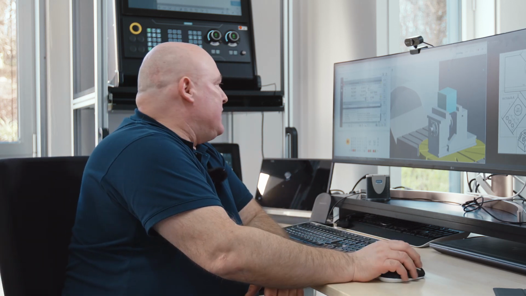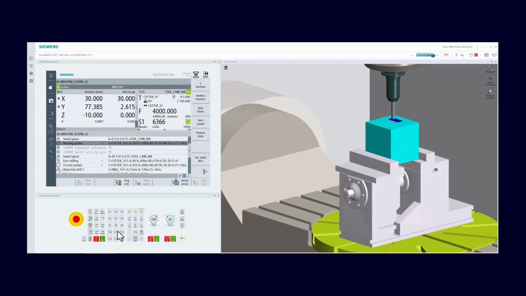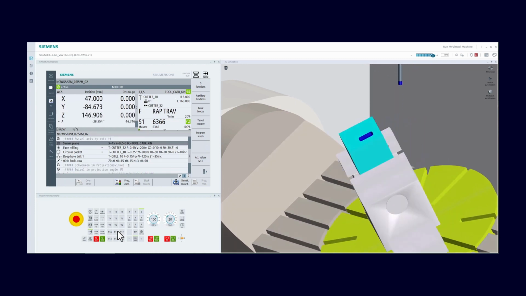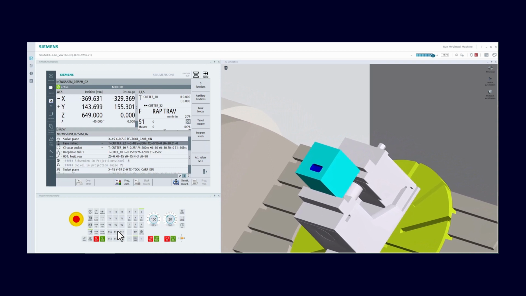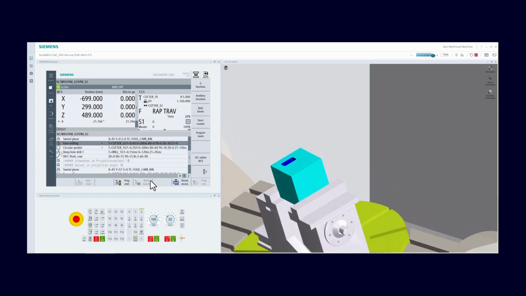However, this requires an offline programming tool that behaves exactly like the CNC in the machine. That's why I use Run My Virtual Machine, the virtual image of Cinemeric 1, because Run My Virtual Machine uses the same NC kernel. Parameterization of the CNC, that is the machine data, is also identical to the machine. So, my virtual CNC behaves exactly like the real CNC. The Cinemeric Operate user interface is also identical to the one in the machine hall. And if you're working with machines with Cinemeric 828 or 840D, you can use Cinutrain for offline programming instead.